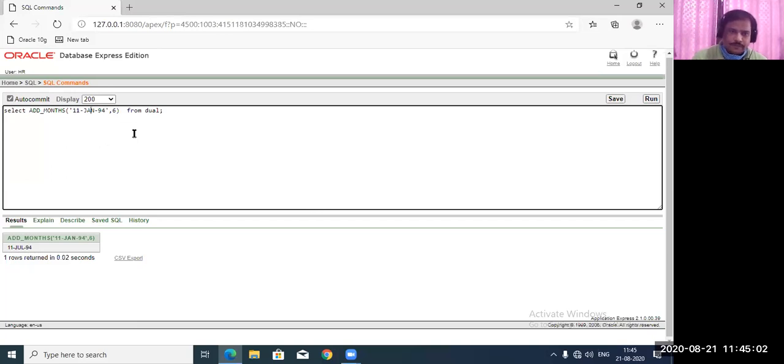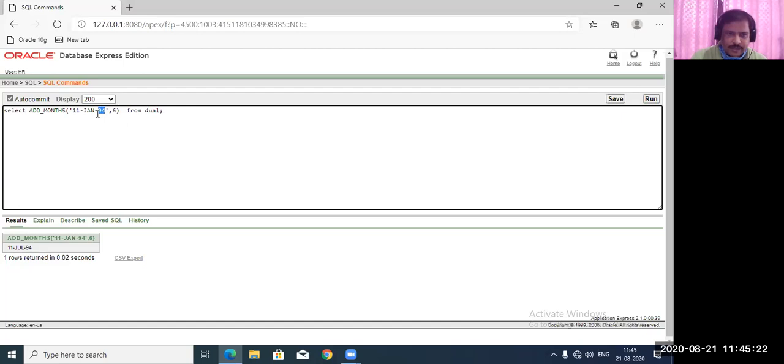That is the position of this month. So we are adding 1 plus 6, so it becomes 7, and 7, 11 July 94.